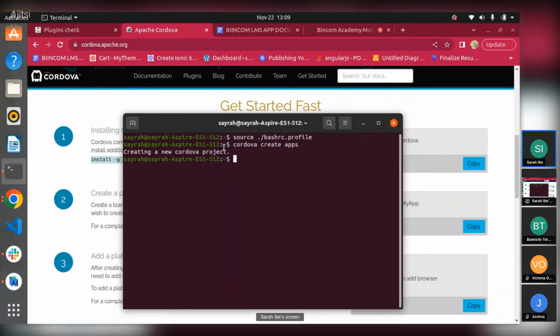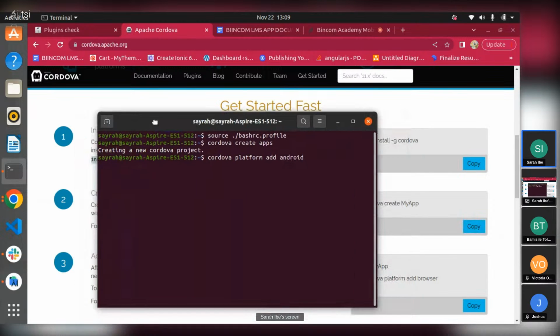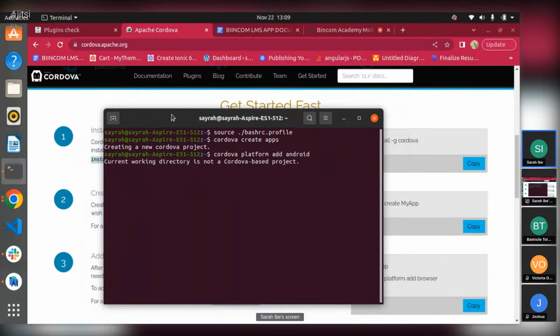So I would use cordova platform add android, to add the latest Android version. Oh, sorry. You see, current working directory is not a Cordova based project.